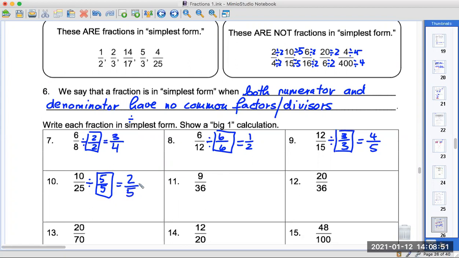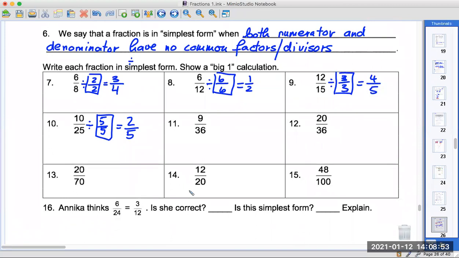I want you to finish this page. I'm actually going to do number 15. You guys can do 11, 12. Try it yourself. This one is easy. You can cancel any common zeros. That's a quick way to reduce. You can cancel out any common zeros. And 15,